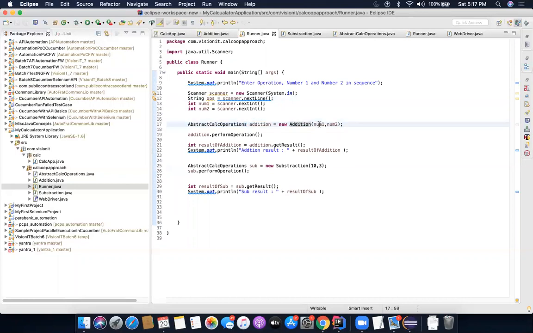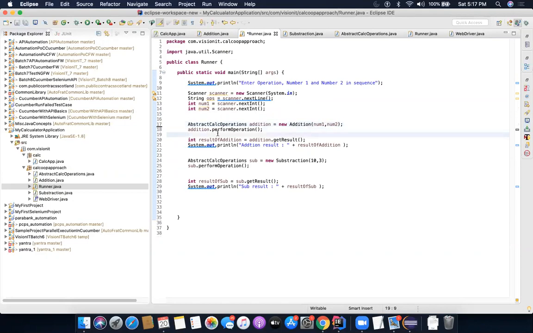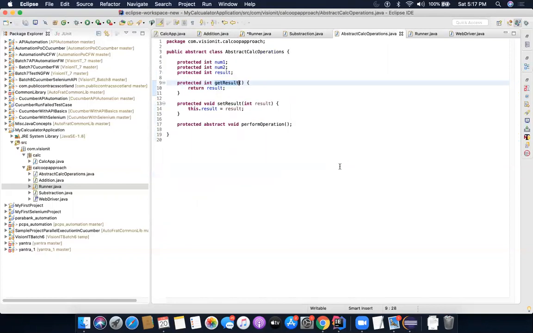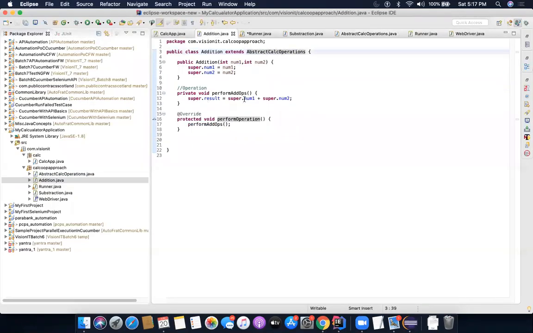I have passed number one here, number two here, which is a good thing. Then I'm doing a perform operation and printing the result. Now notice this get result is not present in the subclass; it is present in the parent class. If you go here, there's no get result method here.